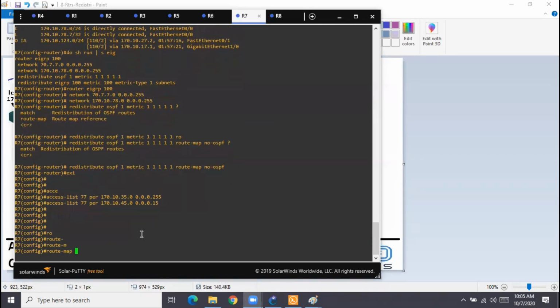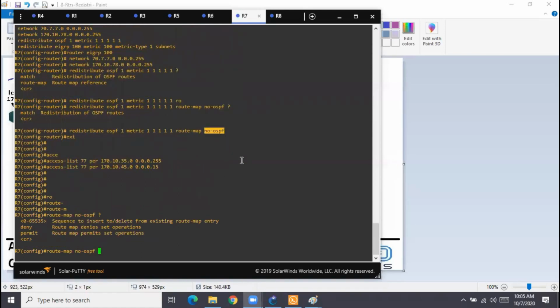For the route map, you should be very specific about the name. It is case sensitive. The name of the route map must exactly match. And then if you see, I put a question mark, you have the option deny or permit. What is my requirement? I want to deny those routes. So here I say, okay, access list, I don't care whether you permit them, I will deny them.